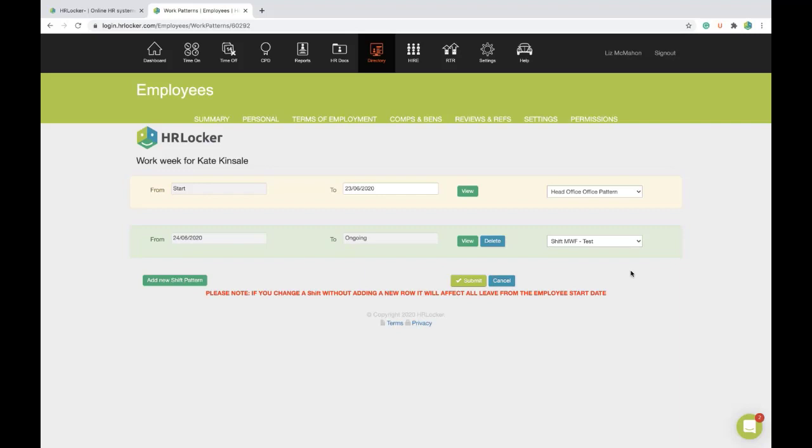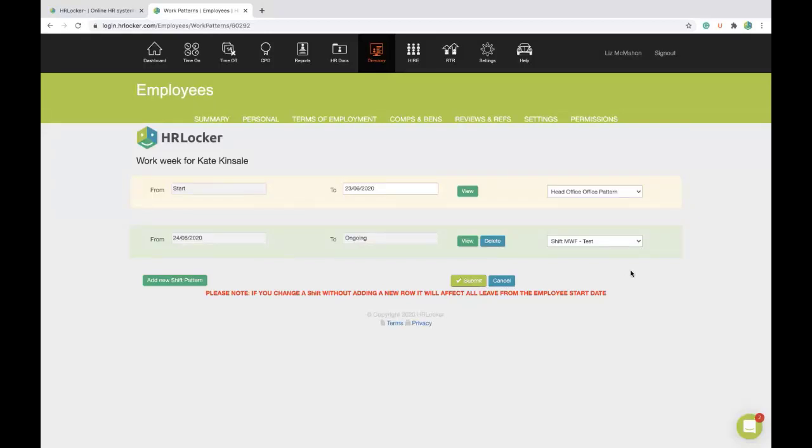So in regards to those people who have been using HRLocker up to now, you will see some changes in HRLocker. And the change that you will see is when you actually log into HRLocker, every one of your employees in the system now has a work pattern. So we would have run a bit of a system update where we would have seen the default working days that were ticked previously, and now we've created a work pattern for them. So again, if anybody has any questions about those work patterns, please come and talk to me afterwards,